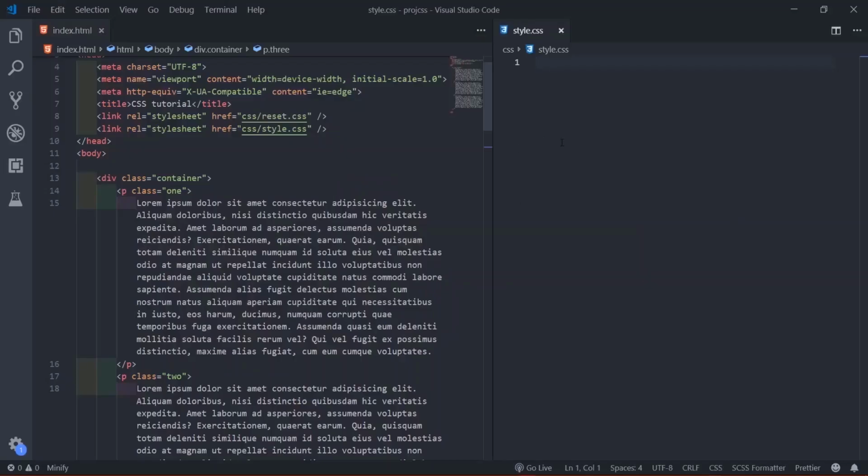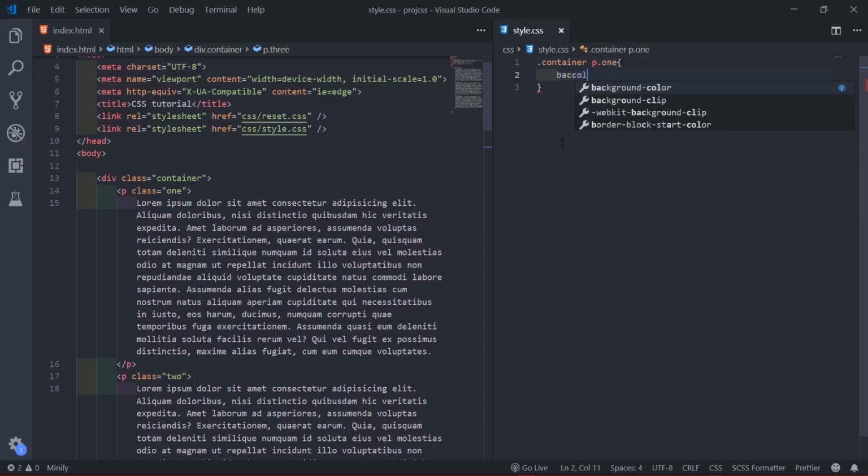To differentiate them, I'll go to the container, find the paragraph P1, and give it a background color of red.